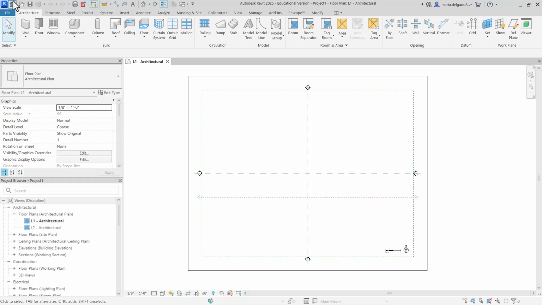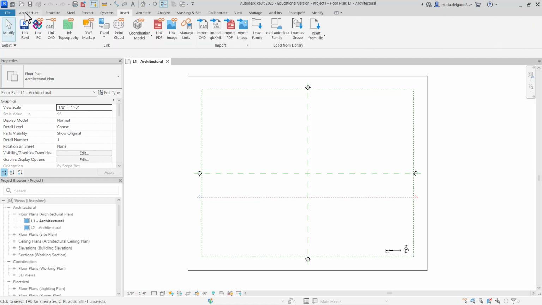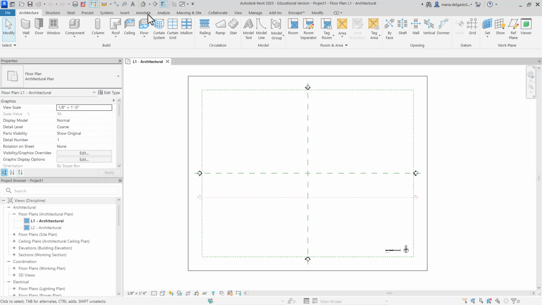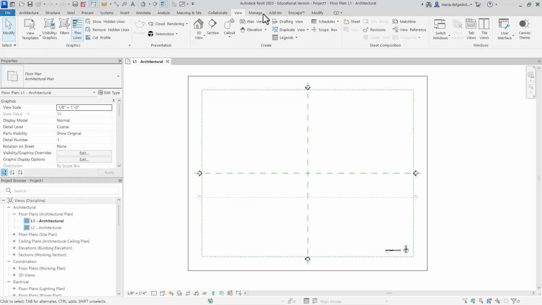Right below the Quick Access Toolbar, you'll notice that we have different tabs. There are multiple tabs throughout Revit, and essentially all of these tabs together is what will make up our ribbon. So this is called our ribbon, and by clicking on a tab, you can go to different tabs.